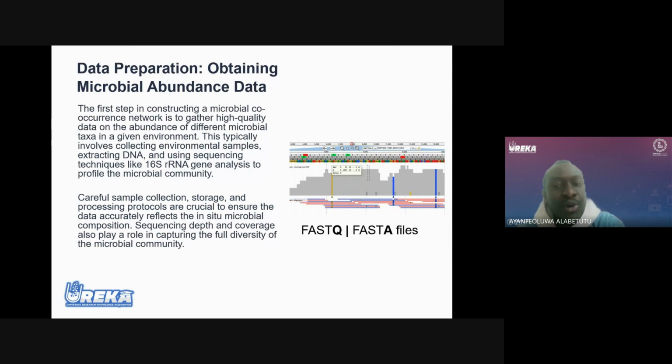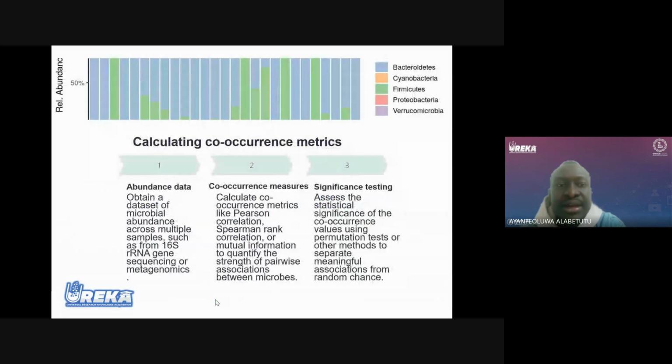And your data must be high quality, with an abundance of microbial taxa in this context, so that you can lay a foundation for understanding the intricate relationship between the microbial community. You must be very, very careful when you collect a sample, when you store, when you process them, when you decide to sequence them. Your protocols must be on point because you are setting a stage for a ground exploration into the microbial world. So what do you do? Then you start to look at how you can calculate your co-occurrence matrices